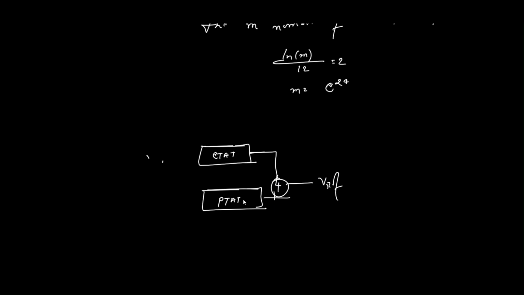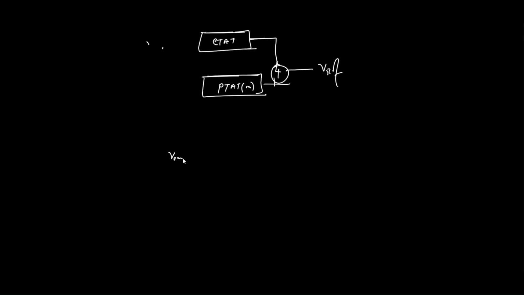So we can compensate this PTAT to make the same slope as the CTAT by adding some parallel diodes, changing the number of M, but we require too many parallel BJTs. That's why, if we add some constant in here, we can reduce this number. So that means